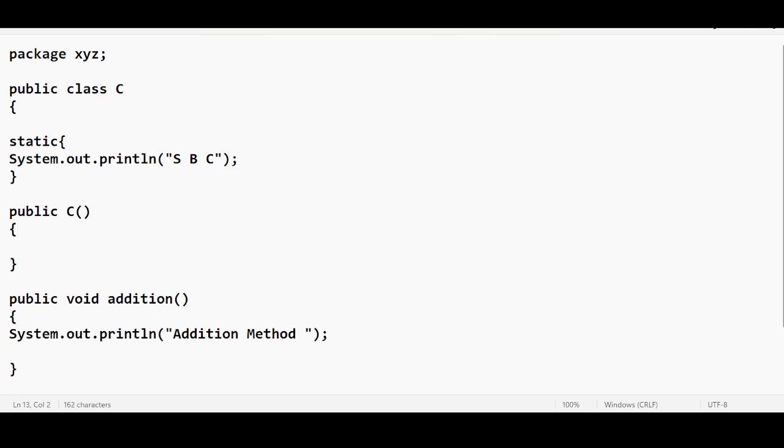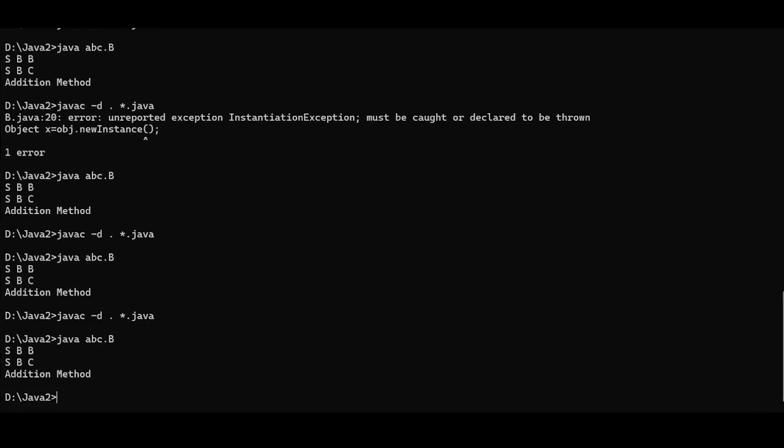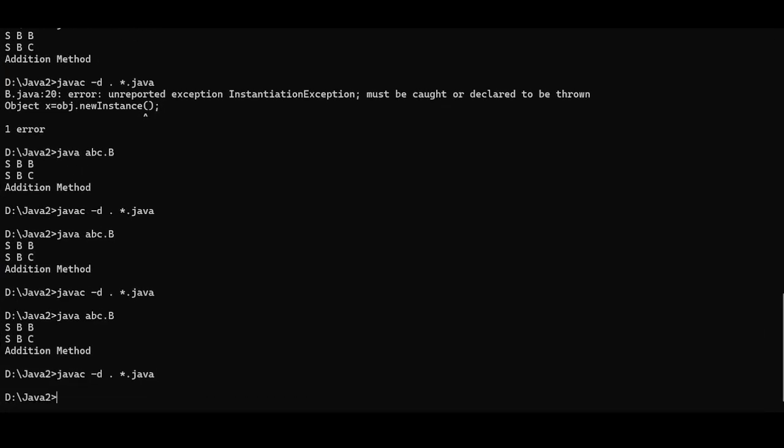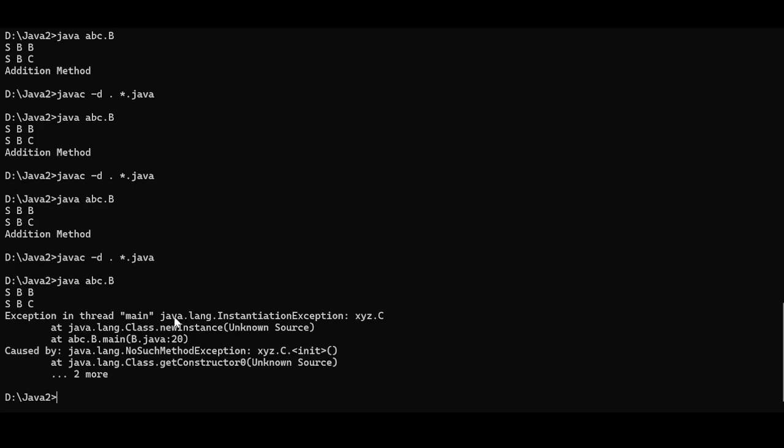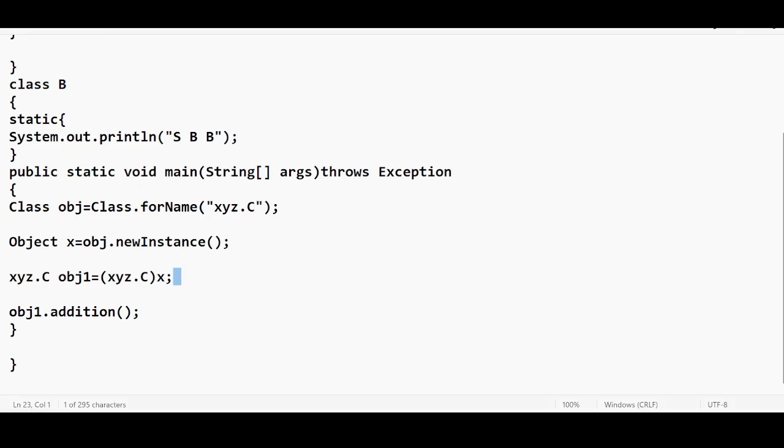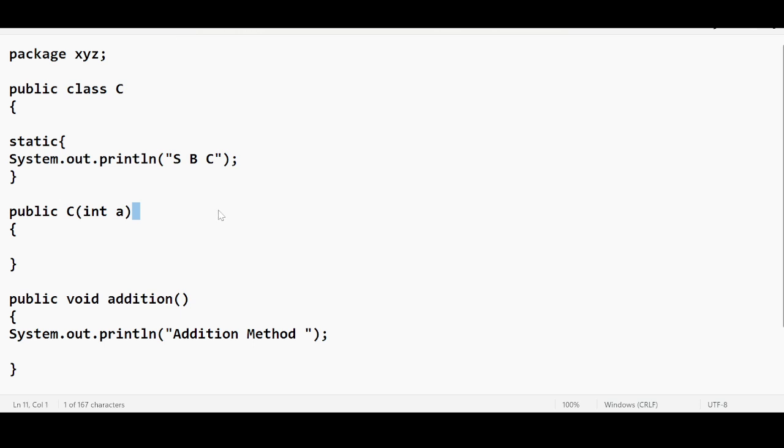So let us say I'm trying to place something like an integer a. This is an argument constructor. I am placing it intentionally. Let me compile and execute. It says java.lang.InstantiationException because it is looking for the no argument constructor. The JVM will try to find the no argument constructor, but instead it is finding